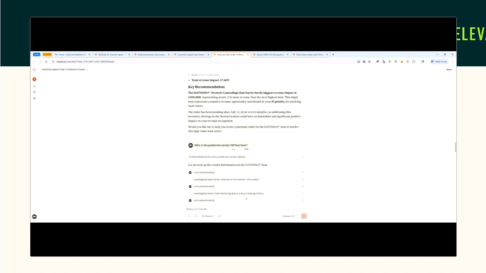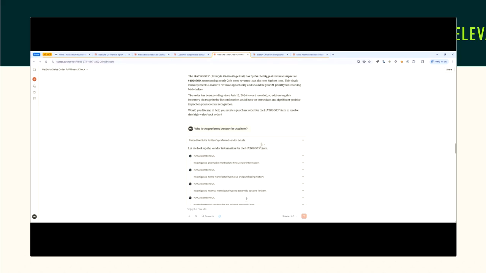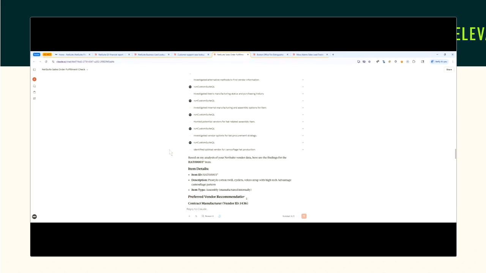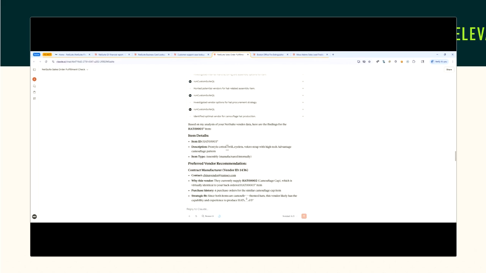Then I asked who the preferred vendor is for that item. It did some searching, and it actually had to think pretty hard about this because this is an assembly item in our system, and we don't typically purchase it.